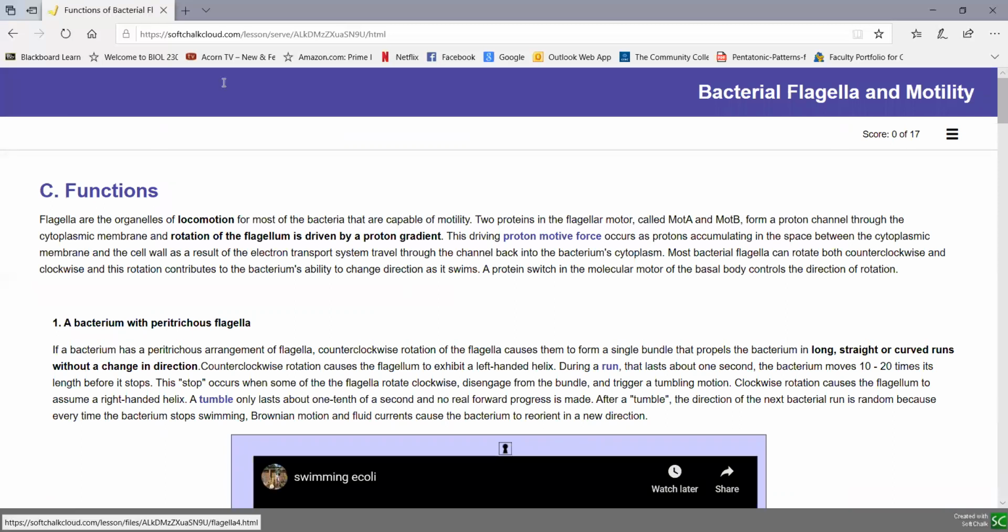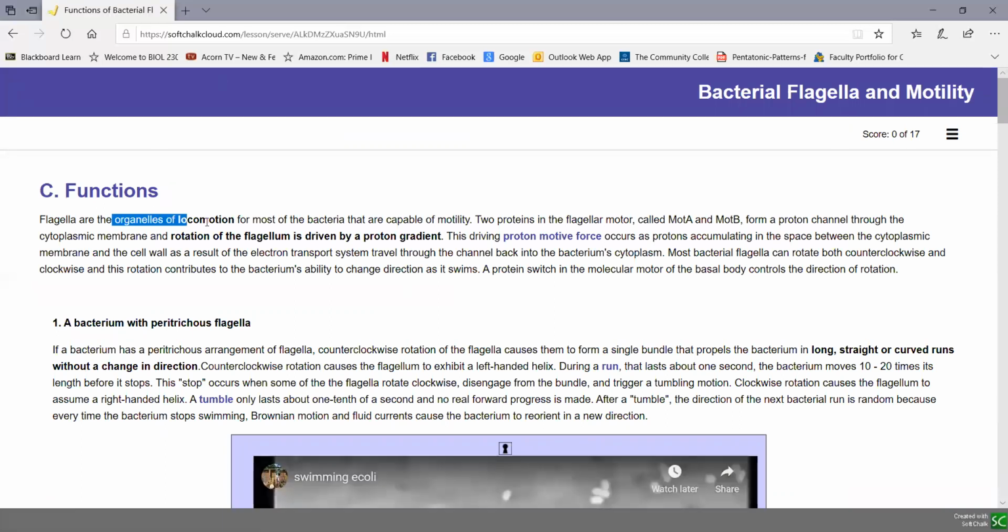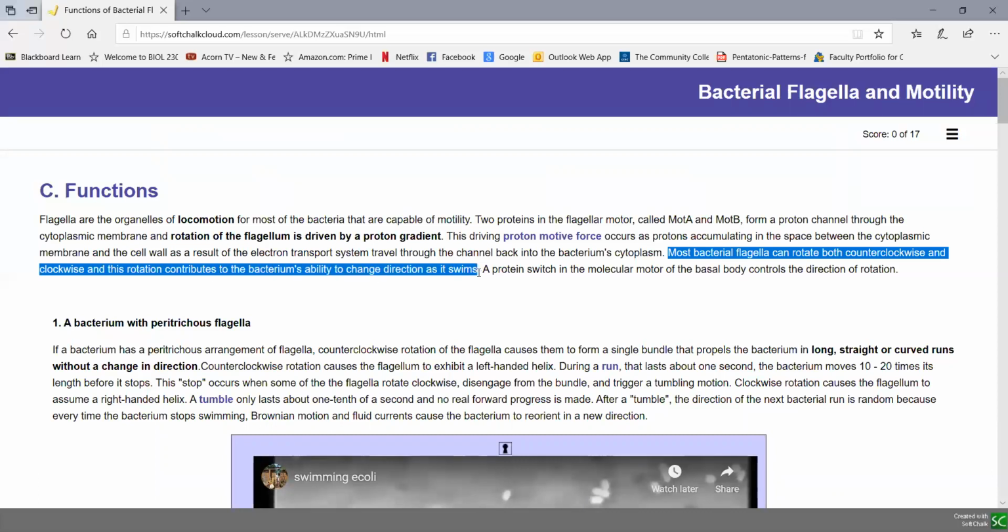Now, with regards to function, flagella, of course, are organelles of locomotion for most bacteria that have motility. And remember, the flagella rotate, as we mentioned, and it's driven by a proton gradient or by proton motive force. Now, most bacterial flagella can rotate both counterclockwise and clockwise. And this contributes to the bacterium's ability to change direction as it swims. And there's a protein switch in the molecular motor of the basal body that actually controls direction of rotation,